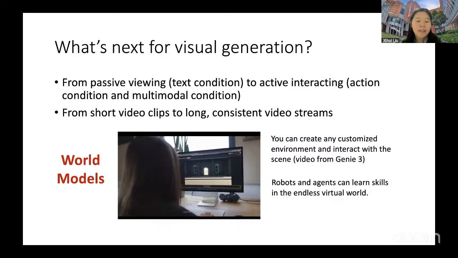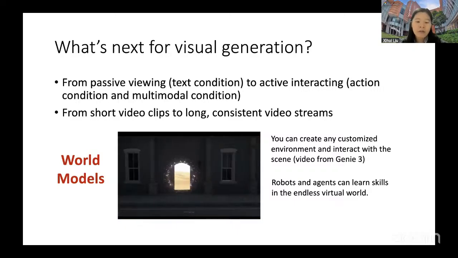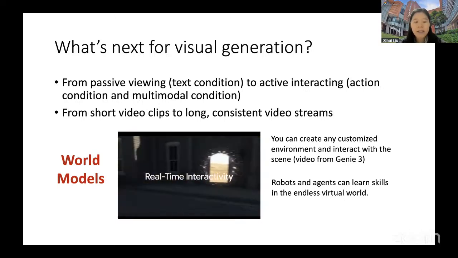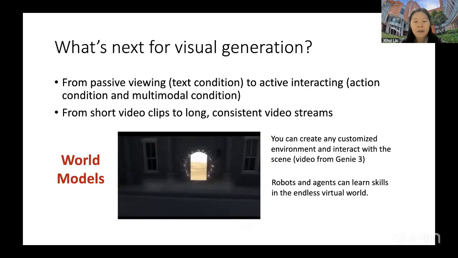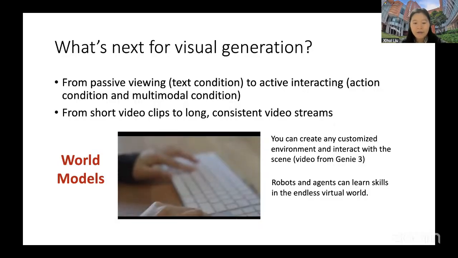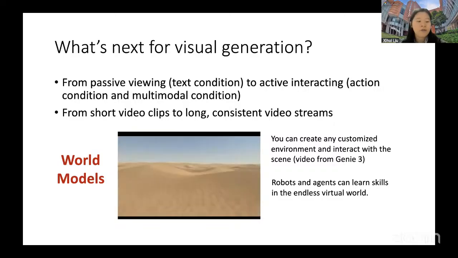This type of model we call video world models. We are interested in how to turn our current generation technologies into interactive and even multimodal interactive world models.